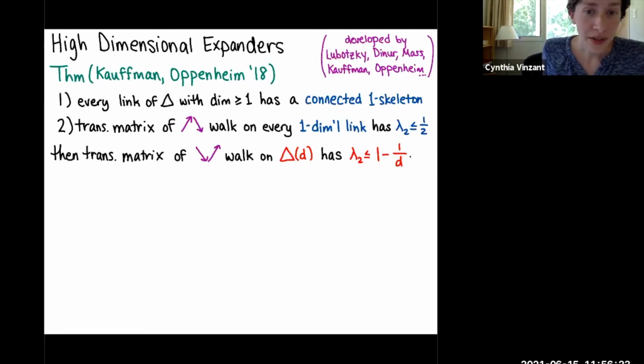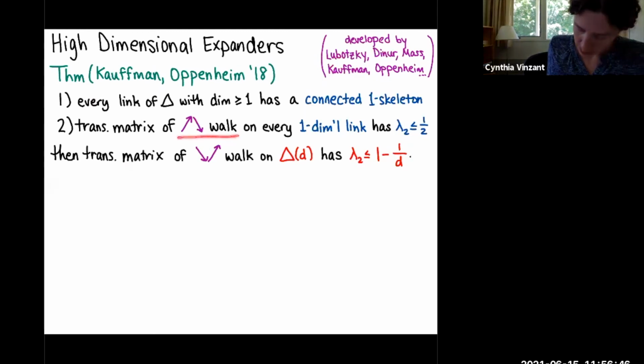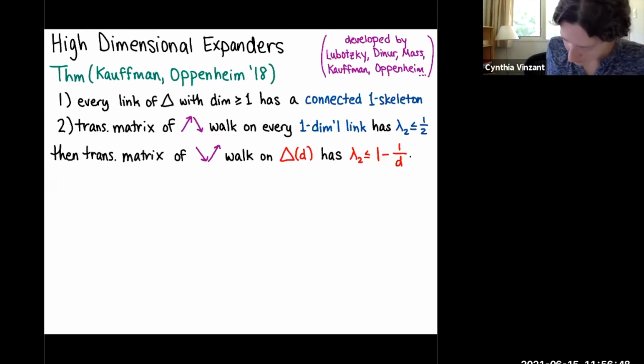And in particular, one thing that one can show is, if we're in this setup, you have a pure dimensional simplicial complex, and you have the following properties: that every link has a connected one skeleton, so some connectivity property, and also that the transition matrices on walks of one-dimensional links, so one should think of these as very small links. If this has a second eigenvalue at most 1,